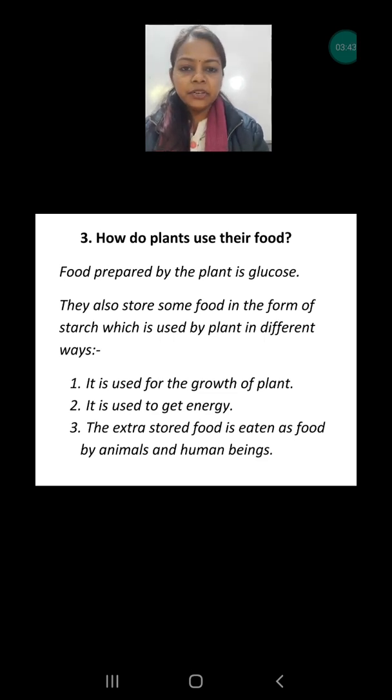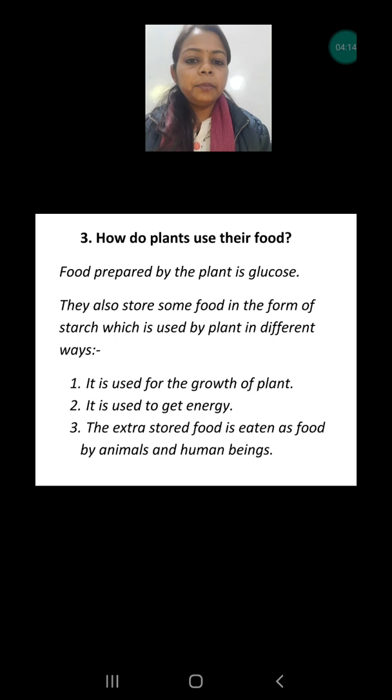They need energy so that they can grow, because we see that after some time they give us flowers, after some time they give us fruit, and day by day they are also growing. How are they growing? Because they make food and they use that food to get energy. Some of the energy they store as starch, which is used in the future when they are not in a situation for photosynthesis. So let's read this answer.